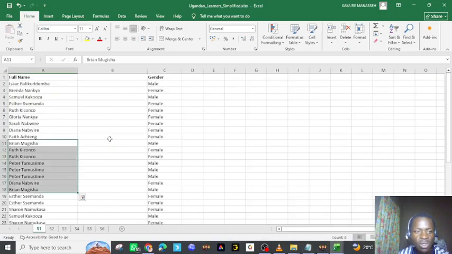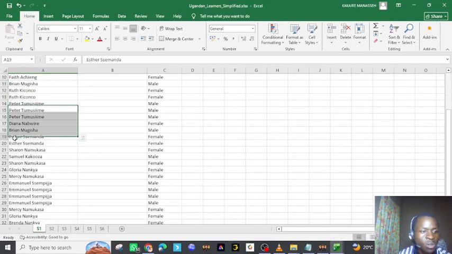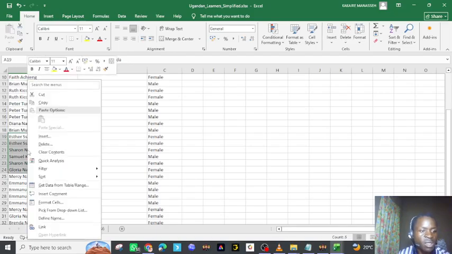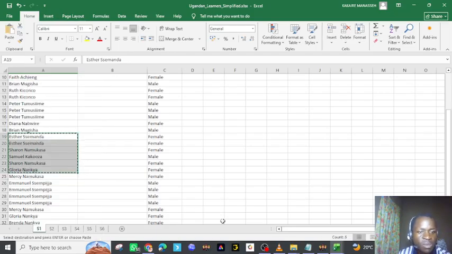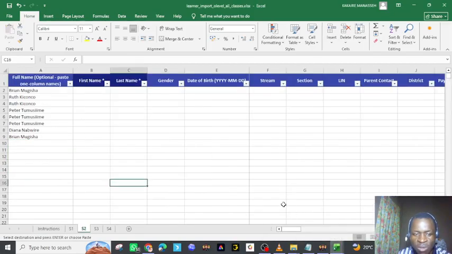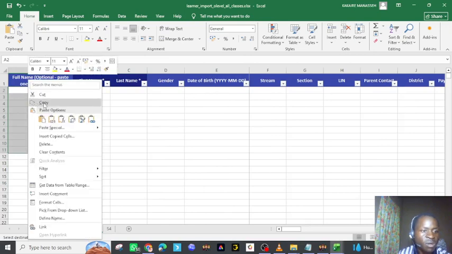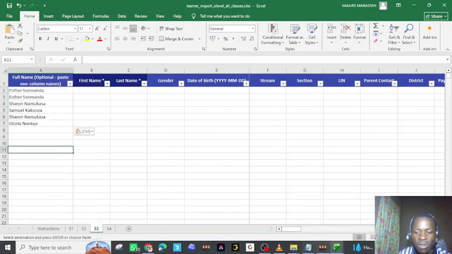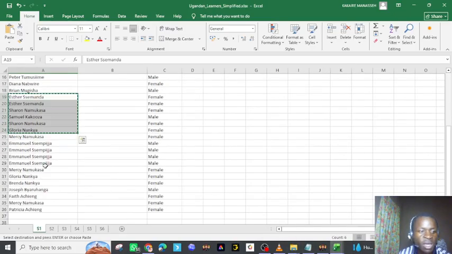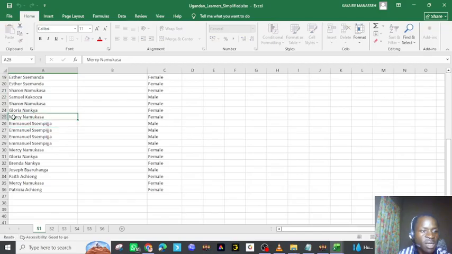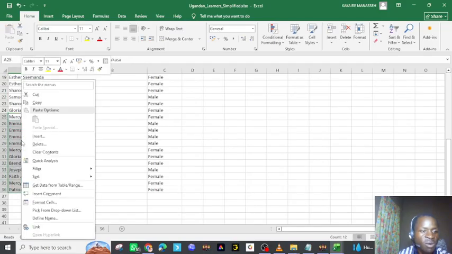I can also get them. This is senior 3. This senior 3, I paste. Go to my Excel again. I get the rest. These are now